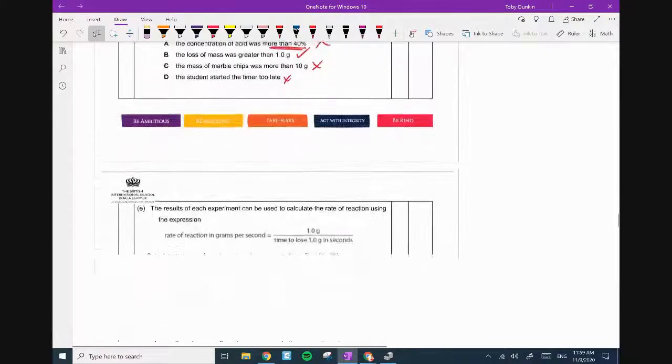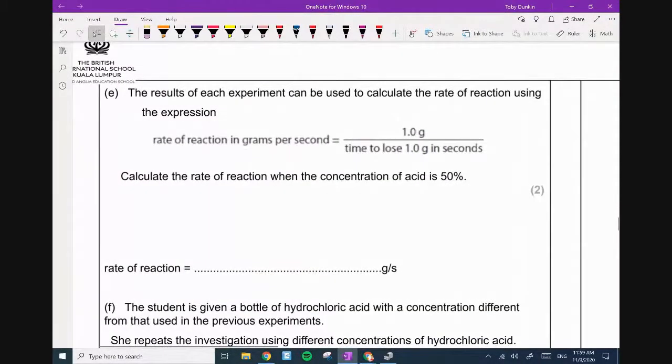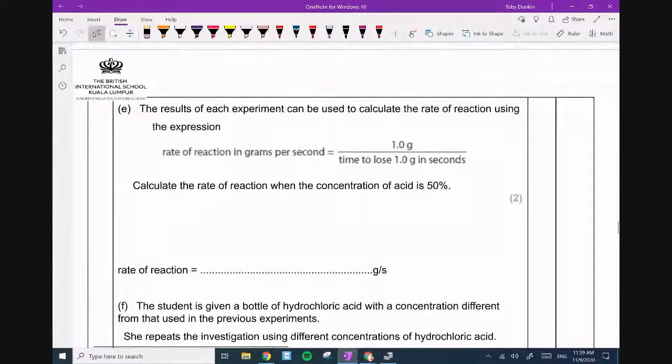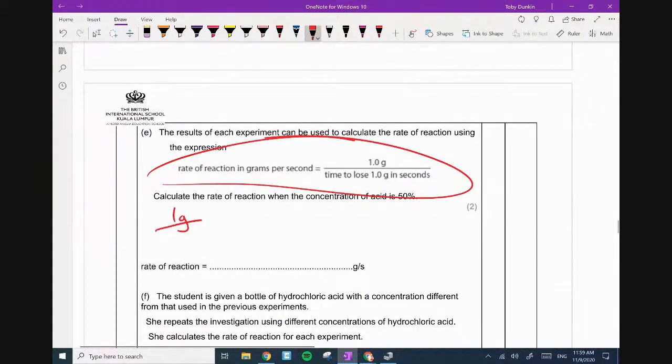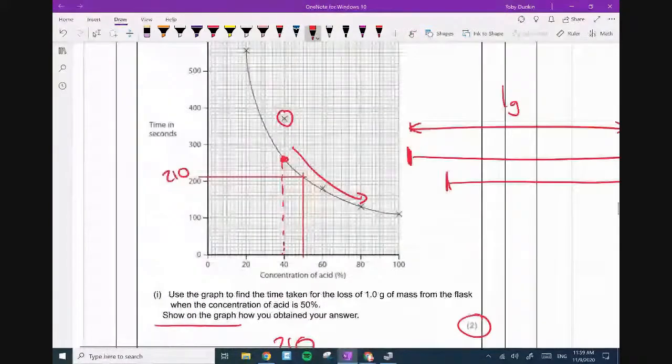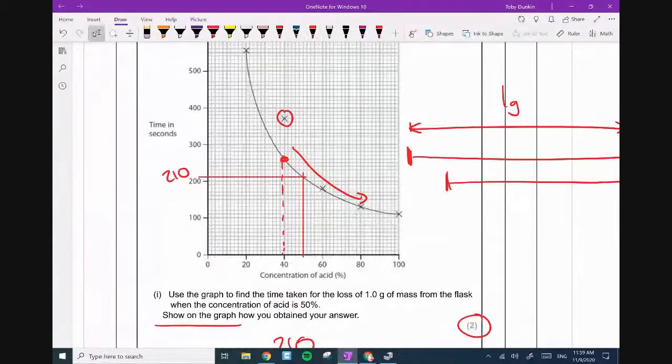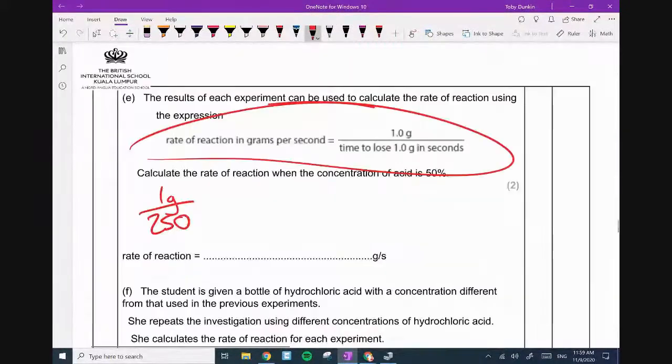Hope that makes sense. Next, calculate the rate of the reaction at 50%. So it says 1 gram over the top of it, and it gives you the equation, everything you need. 1 gram lost over, what's the time taken for 50%? So the time taken was 210. We had that from our previous question. So 1 divided by 210, sorry, I don't know why I wrote 250. 1 divided by 210